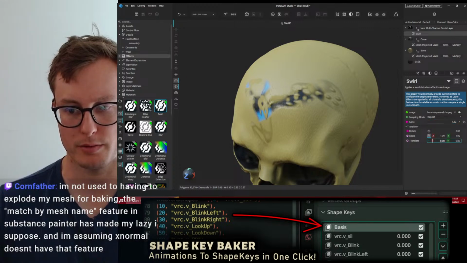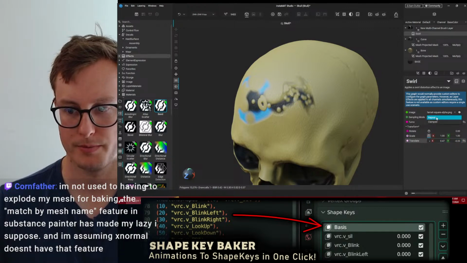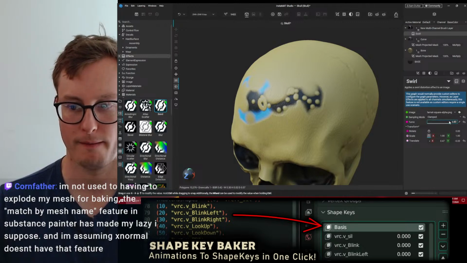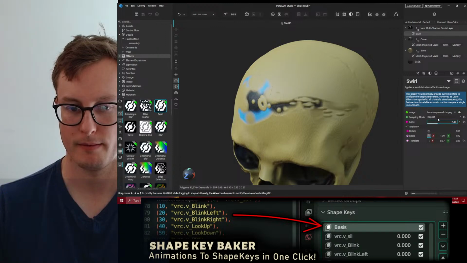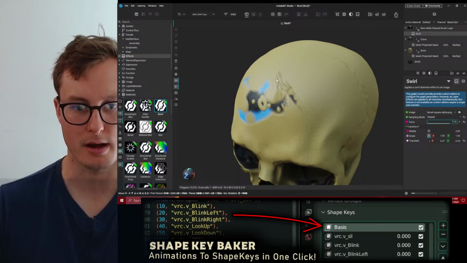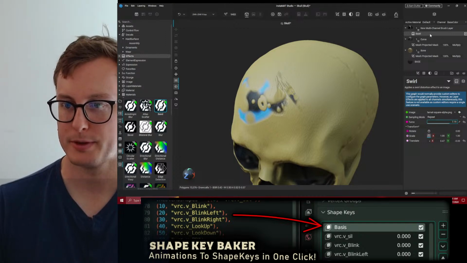That'd be really weird if it was not on the UV map. Has to be. Yeah, because it gets cut off right here. Okay, interesting.